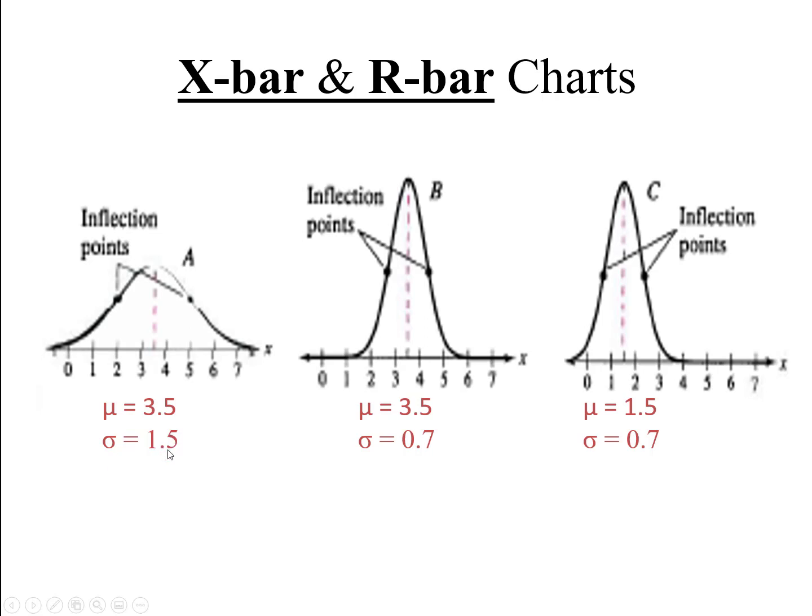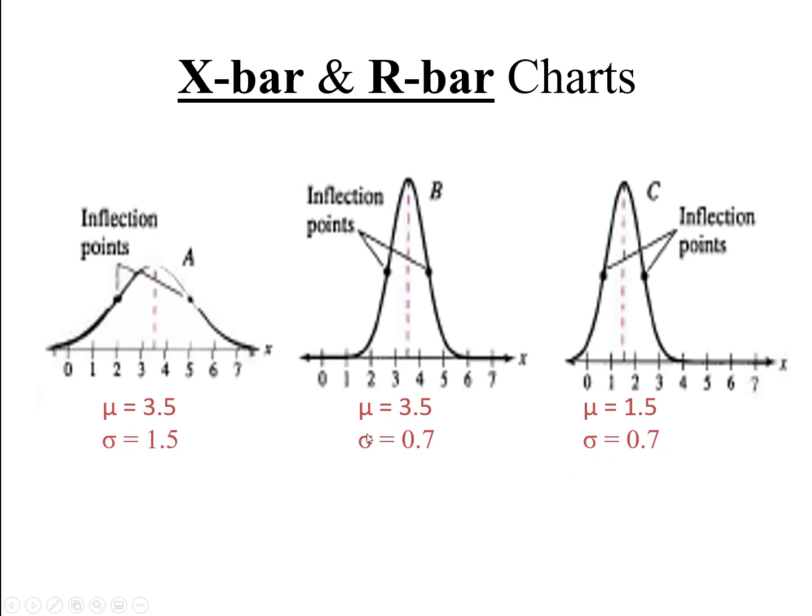So you can see that the standard deviation of this one is 1.5 and the standard deviation of this one is 0.7. Similarly, in order to check this behavior, because we will not know it directly, what should we do in order to check this behavior? Because the mean is the same, but the distribution is changed. So the R chart can tell us about this phenomenon.